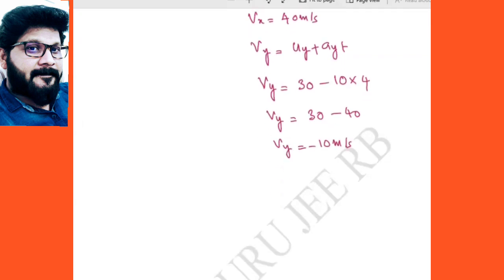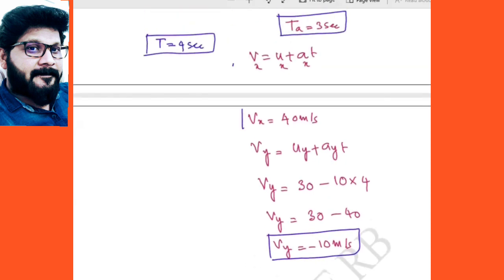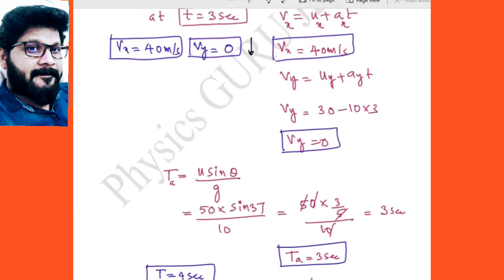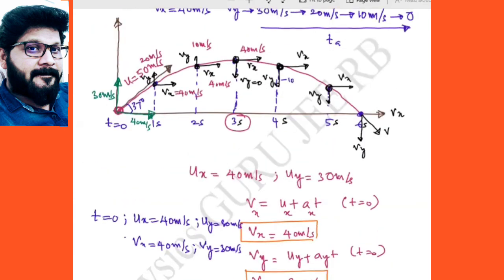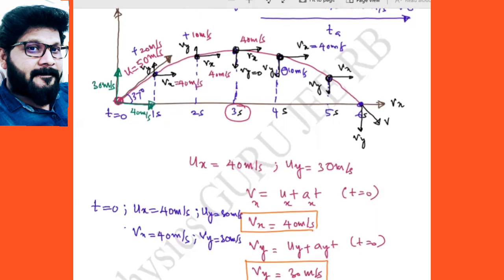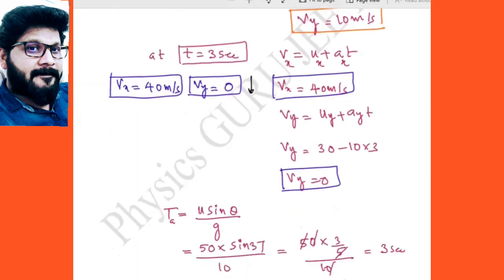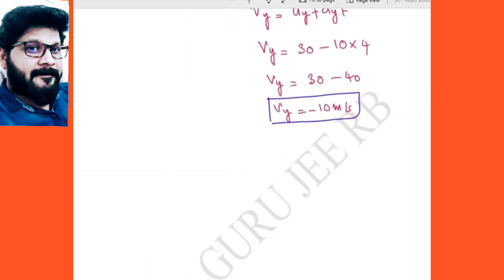Hope this is clear. Minus 10. That means slowly now it is increasing, right? Yes or no? So Vy now started increasing in reverse order, in the opposite direction. That's the reason I've given a downward symbol here. You can see, this is nothing but minus 10 meter per second, and Vx is nothing but 40 meter per second. When it is going in the upward direction, all are positive; downwards, all are negative: minus 10 meter per second, and 40. So 40 is not at all changing here.